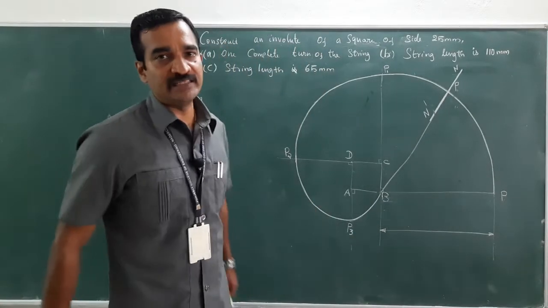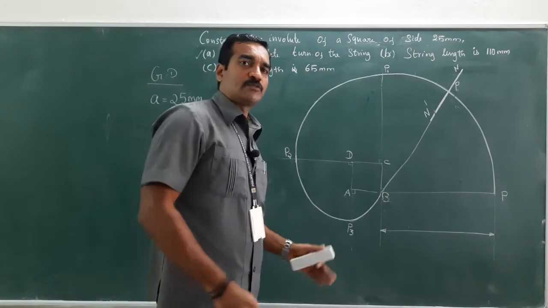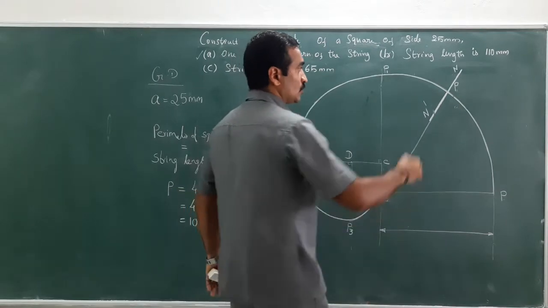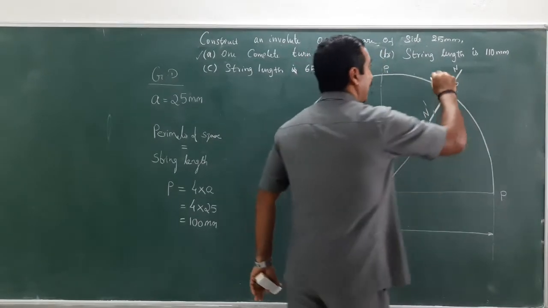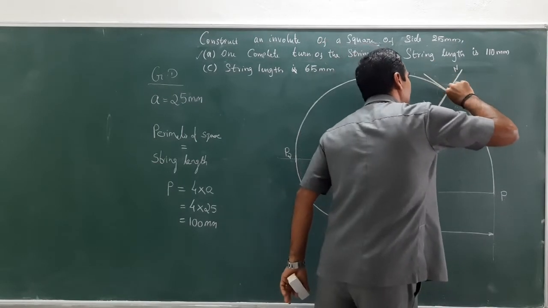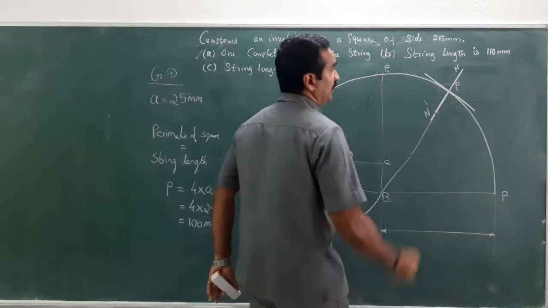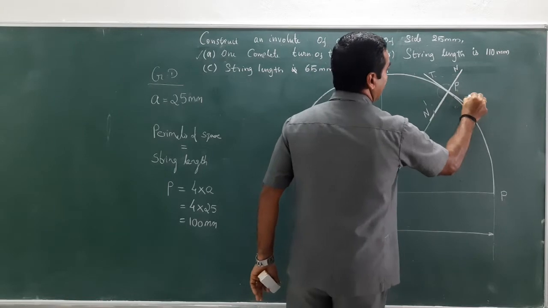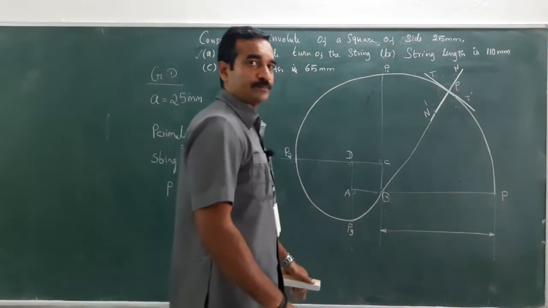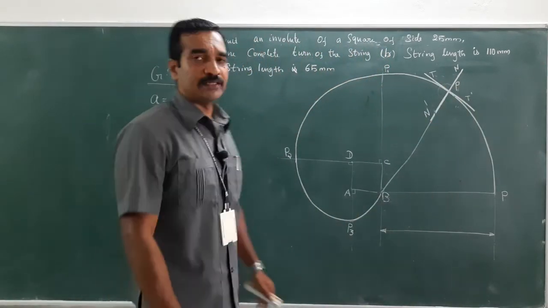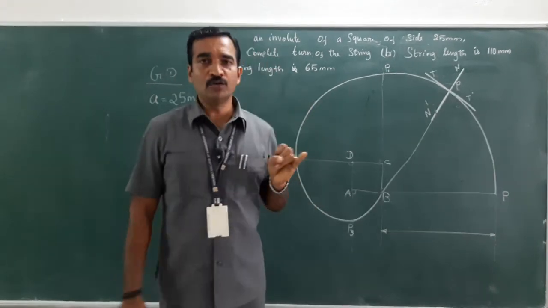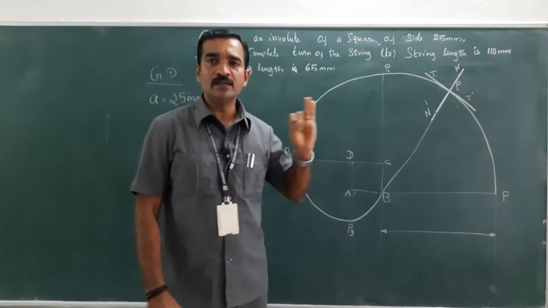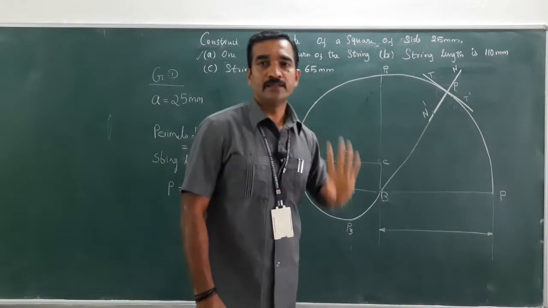And what about the tangent? Tangent is always perpendicular to the normal. So keep your protractor in this manner, choose 90 degrees, and draw a line passing through the point P. This can be denoted as T dash. Right. What are the three things that should be drawn dark? The profile, that is the involute. Second is the normal. Third is the tangent.